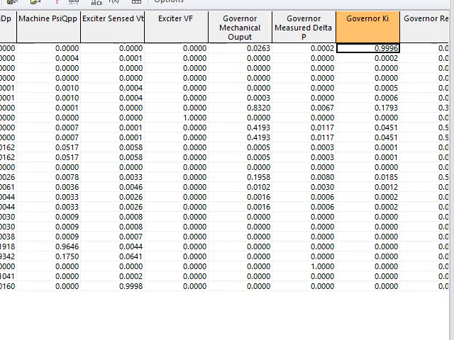There's something not right about the input to the KI. The KI is just a PI block on a governor, and if you don't know what that is, don't worry about it. It's an input on the governor. There's something wrong with this governor, potentially. So we go over to our model,